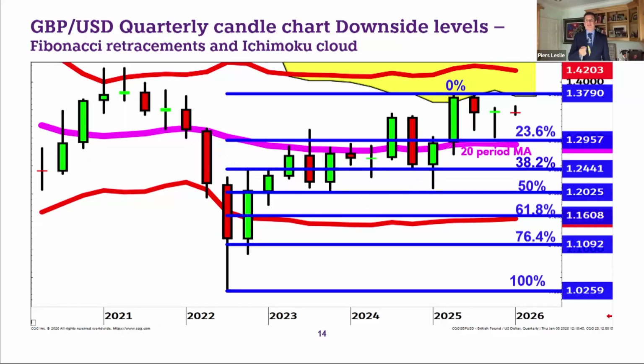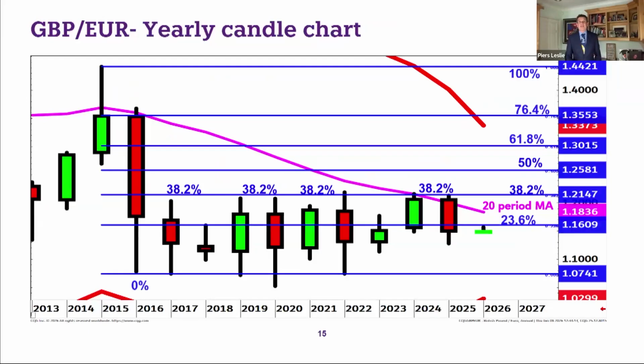You need to see sterling dollar staying above 129.5, 129 area to be positive that the sterling dollar move higher is continuing. Now, we're already at 230, and so I said I'm going to split in two sides. Here are the downside. I have other slides, which I'm going to do next month, which show me extensions where I think cable could go during 2026, but I'll do them on next month's webinar. So if we go to the next slide, thank you.